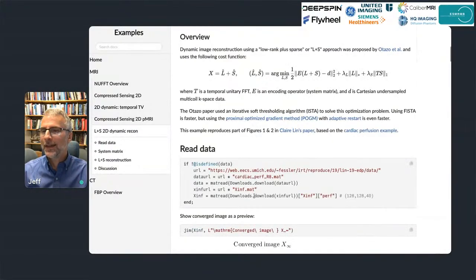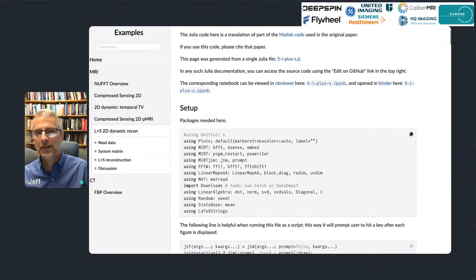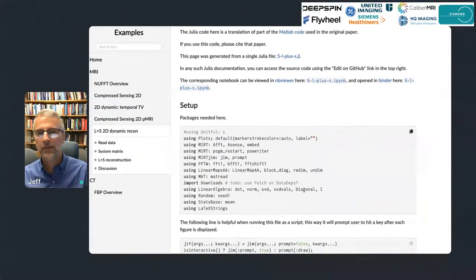So in the spirit of this a la carte approach, this example builds on a bunch of tools taken from different toolboxes. So I have an FFT operator that's coming from the Julia version of the Michigan Image Reconstruction Toolbox, as well as a sensitivity encoding operator and so on. I'm taking the FFTs from the FFTW library and so on. And so in Julia, you don't have to specify which functions you're taking from which library. You could just say using MIRT, but that would give you access to every function in the library, which is